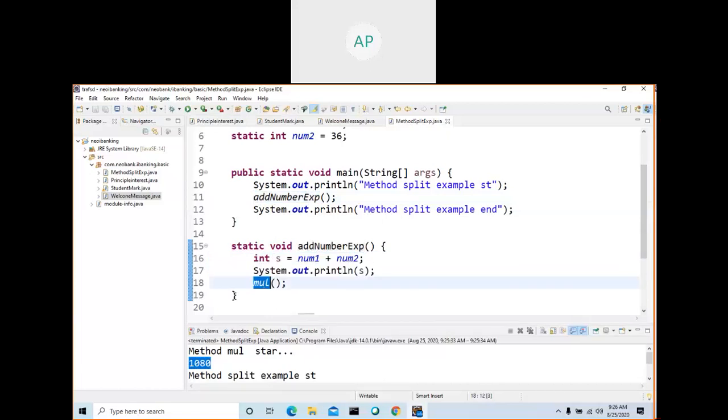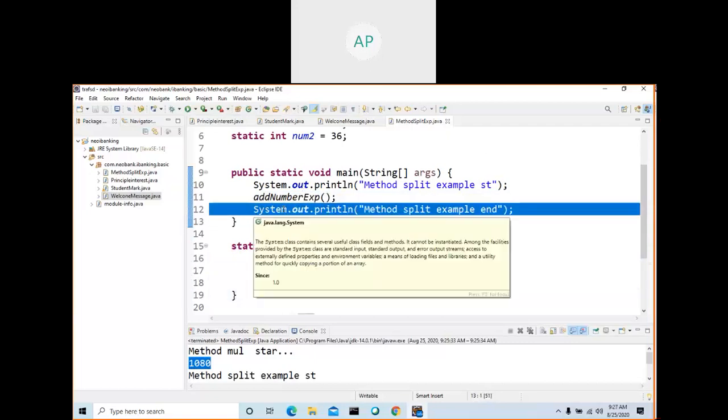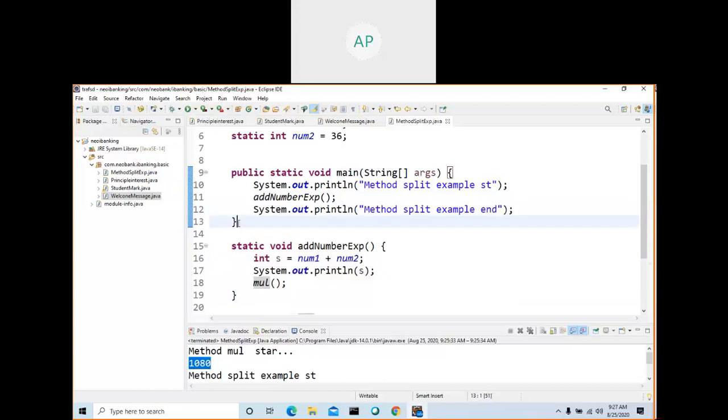So you can call from here, can you call from here, Control X? Yeah, this method also from here. Then what will happen? First it will display this one, then it will call this method, it comes here, then it goes here, and then it calls this one, and it will print all the values, then it is ending, then it will go to this line and go on.